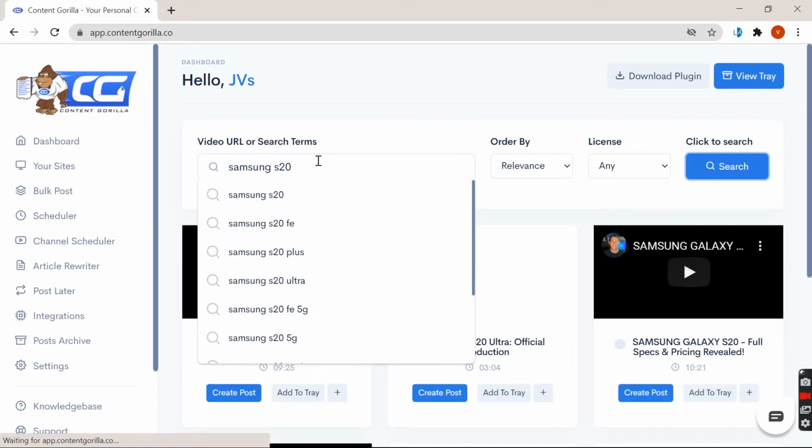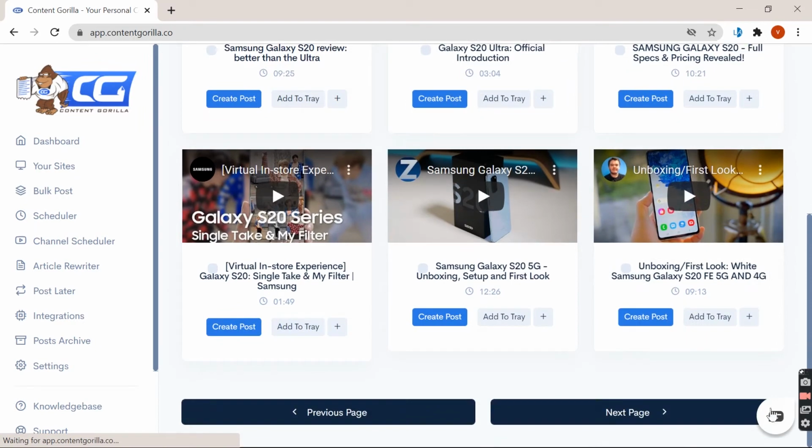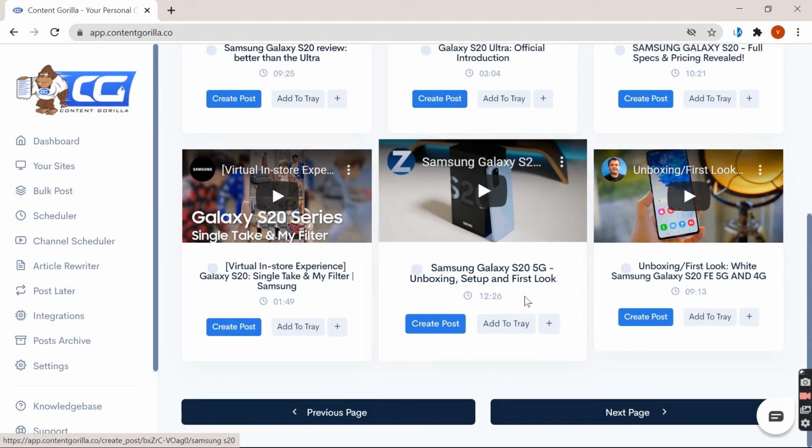As you can see, there are lots of videos coming. Basically 6 videos are coming on the first page. Then you can change the page, and more videos will come. Now there is one quick suggestion from my side: go for a video with a long duration, because the longer the duration, the more words will be available in the content of the article, and because of that the SEO ranking of your article will also improve. It's totally your choice, but I highly recommend going for a bigger video of like 12 minutes, 15 minutes. So we'll go on and create the post.